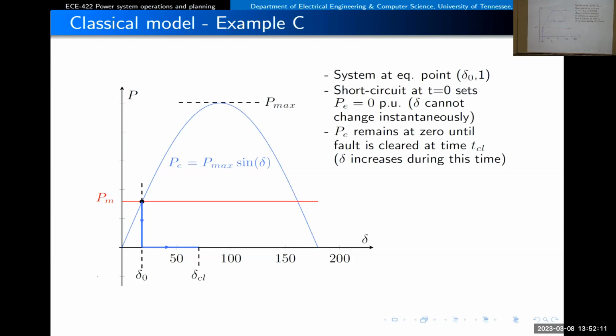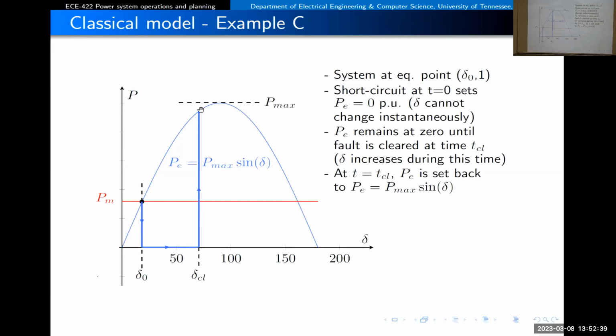So in this case, we consider self-clearance, so that somehow the short circuit is not there anymore. And when that happens, the electrical power instantaneously changes to whatever electrical power we had before, but now we have